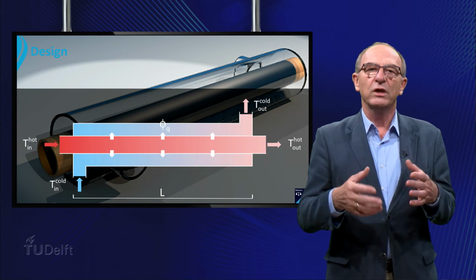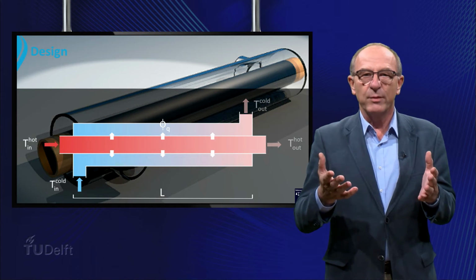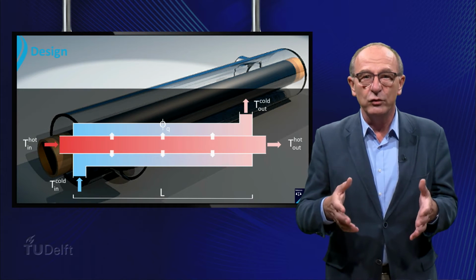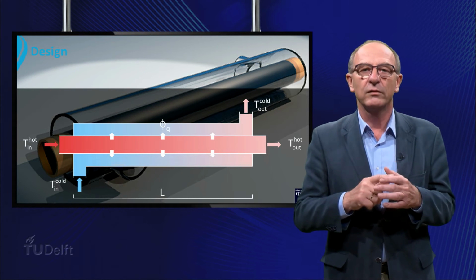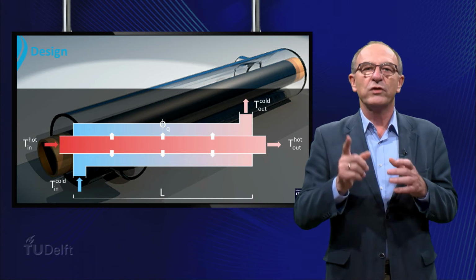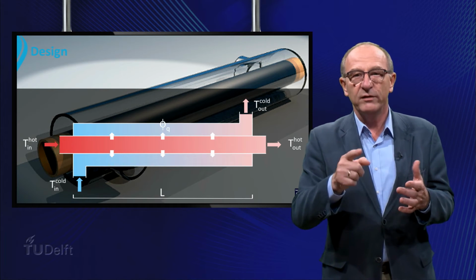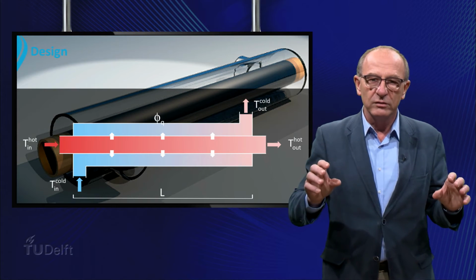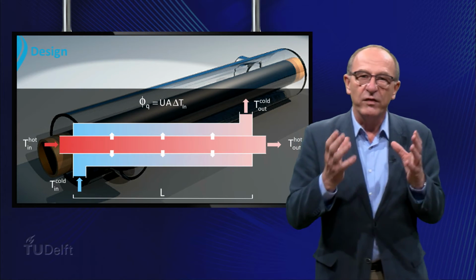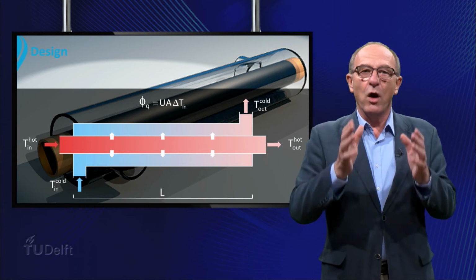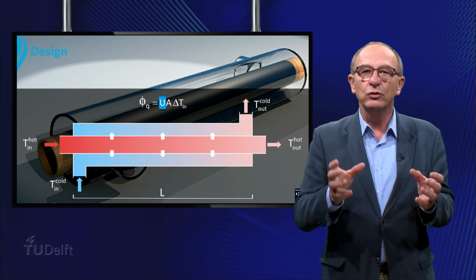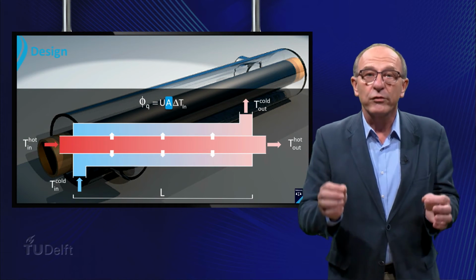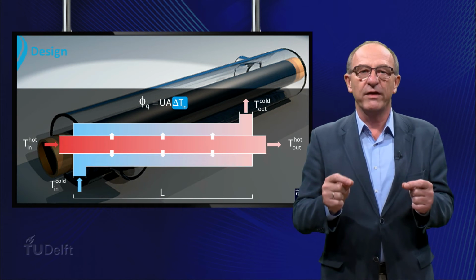In this example, we know the inlet temperatures and the outlet temperatures of the involved fluid, and as a result we know how much energy Φ_Q is transferred from the hot to the cold fluid. The total heat transferred from one side to the other can be expressed by the amount of energy exchanged between the two fluids. So the amount of energy Φ_Q is the product of the overall heat transfer coefficient, U, the surface area, A, and the so-called logarithmic temperature difference, ΔT_LN.